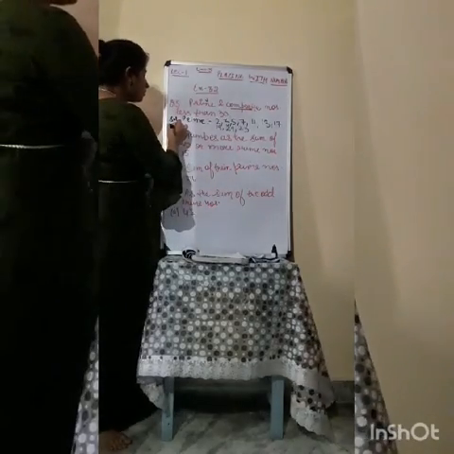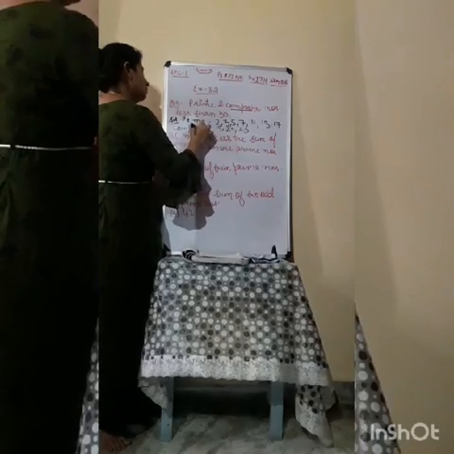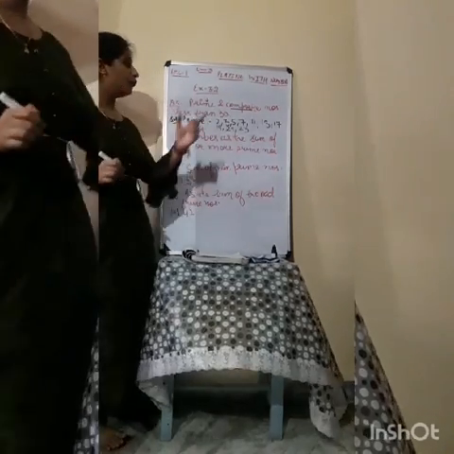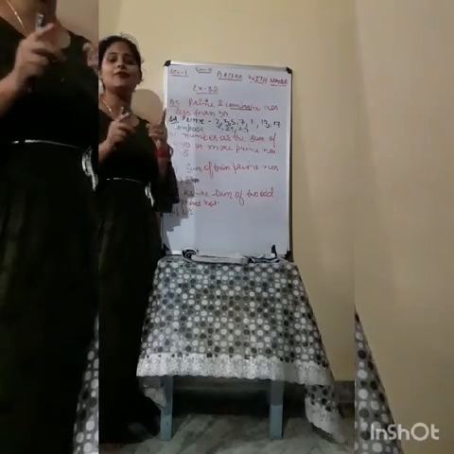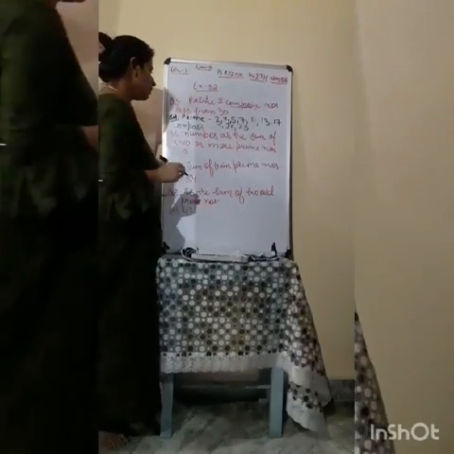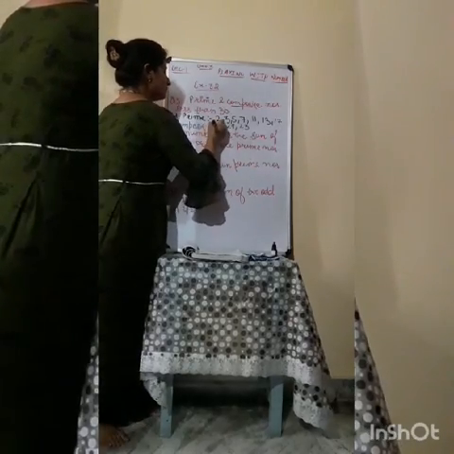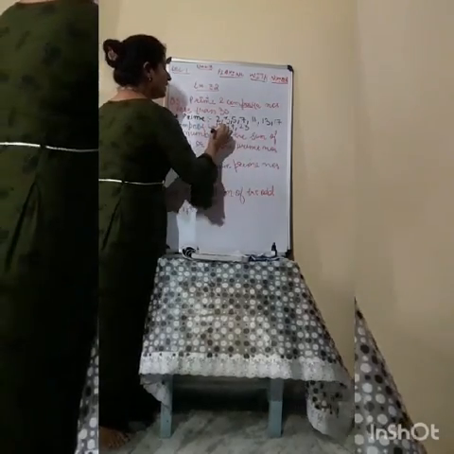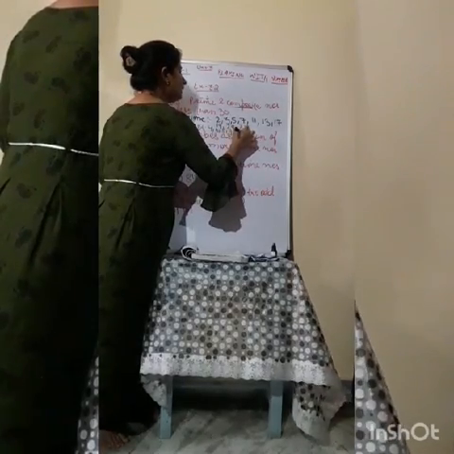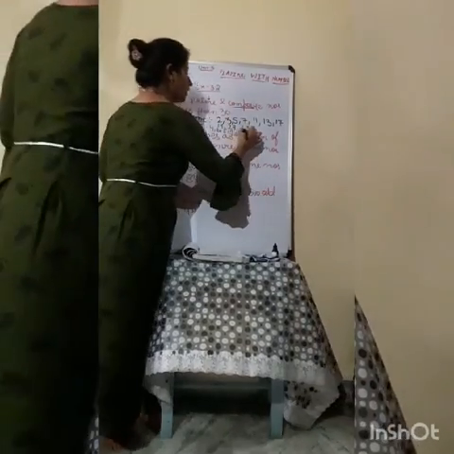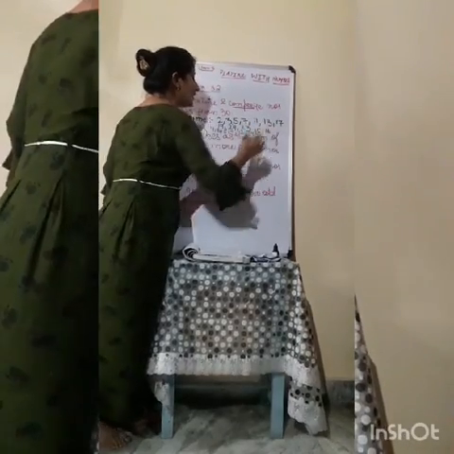Now you need to tell the composite numbers. Okay? What are composite numbers? Composite numbers are those numbers which have more than 2 factors. Okay? We have 4, 6, then we have 8, 9, 12, 14, 15, 16,